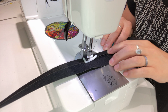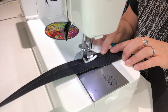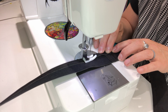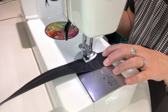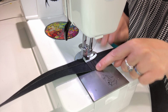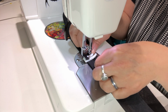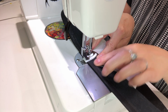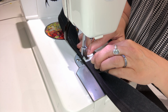Now, one little trick that I have here is when I get back to the start, like I'm almost done sewing the one half of my strap. So when I get to where I started sewing, instead of backstitching, I actually overlap my stitches for a bit. And then I let my needle stop exactly at the seam where I've joined the shorter ends of the strap piece. And then I rotate. And then I flip this over. So now I have the raw edges meeting each other at the center here. And then I sew across right at the seam so that you can't see the stitching from the right side